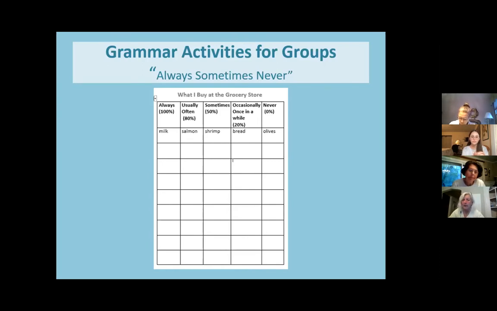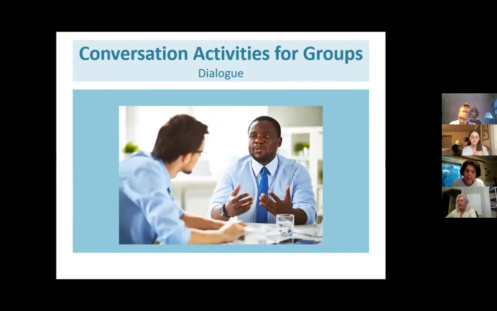Right. Good point. Okay, I want to move along here. Okay, so dialogue. Now, this is also one of my favorite group activities. Using pictures like this, you can help your students write and practice conversation that will help them prepare for real life encounters with people in an assortment of situations. Even for beginners, dialogue is useful. You will need to craft the dialogue for them, and it will be more of a memorization exercise, but still it gives the students a chance to practice speaking with others.